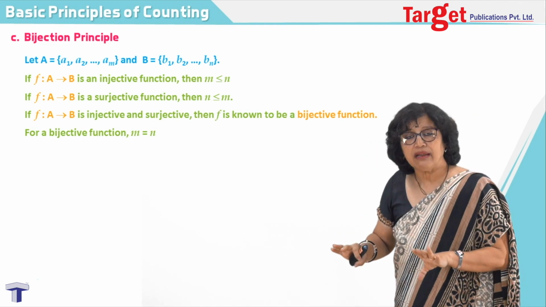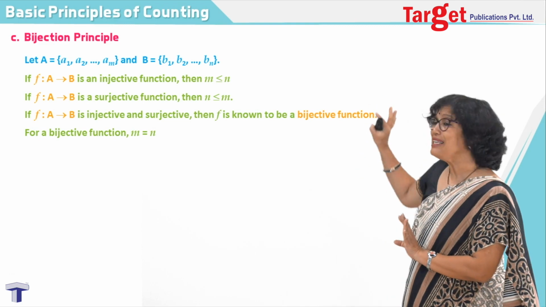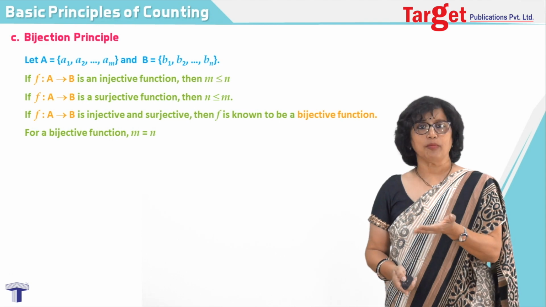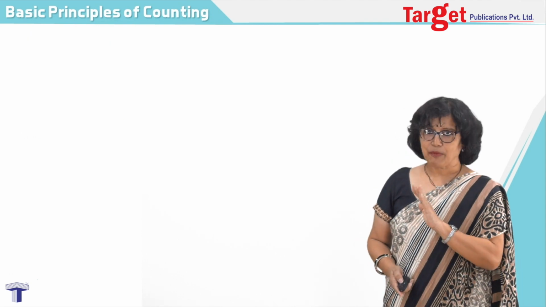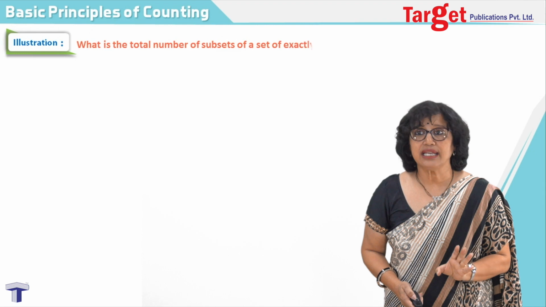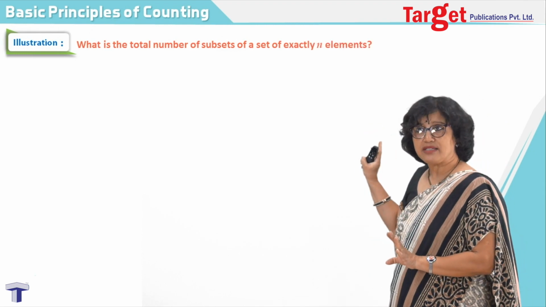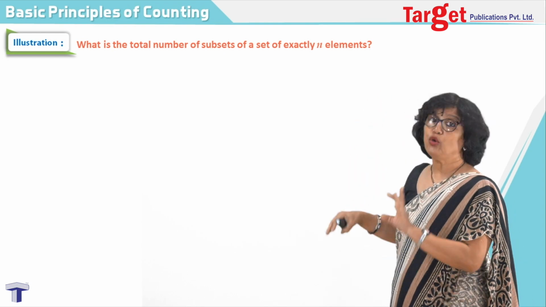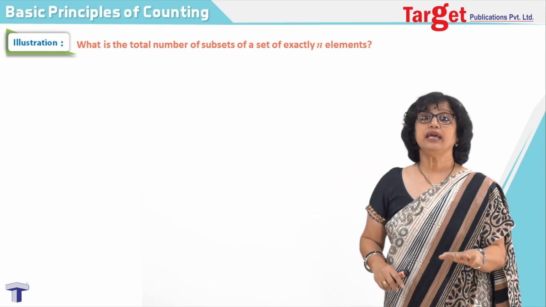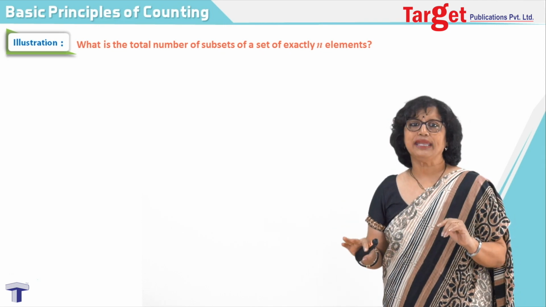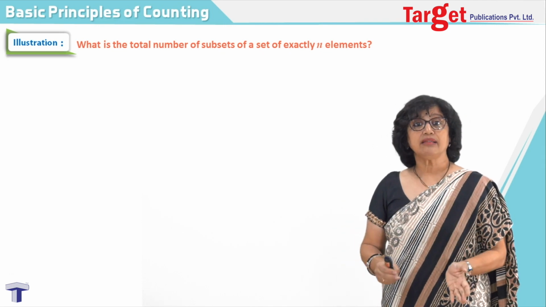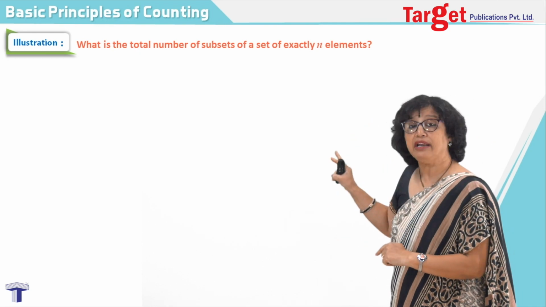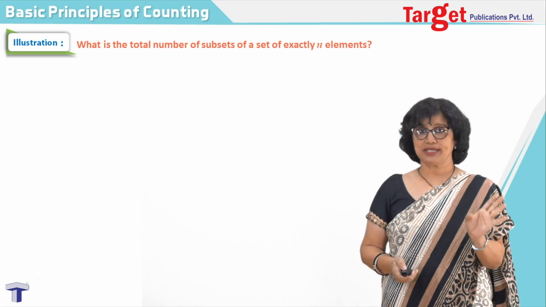Now this principle I have to use in problems. Frankly speaking, the principle is straight from the functions topic, but its application you find in combinatorics. So that we will do with the help of some illustration. Now my illustration is: what is the total number of subsets of a set having exactly n elements? Now, the answer for this question you have already seen, or perhaps used, in the topic of sets. There we had not given you any explanation of why we say that so and so is the number of subsets. Now you can actually derive and find out how many subsets are possible of a set which has exactly n elements.